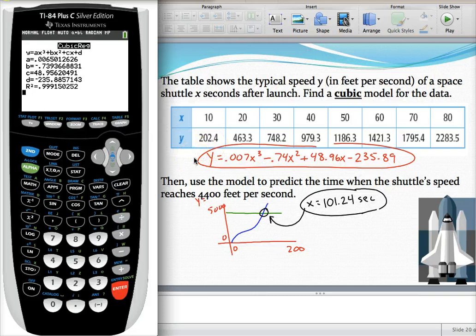Well, they've gone ahead and they've asked one more question, though. They said, okay, you found that model, but now use it to make a prediction. I want to know when the rocket ship, the spaceship, is going to be going 4,400 feet per second. Well, notice in your table that's your y value. So my guess is it's going to be off the chart over here. It's going to be above 80 seconds